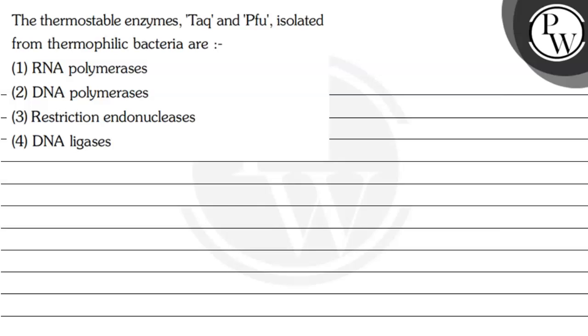So the question says the thermostable enzymes Taq and PFU isolated from thermophilic bacteria are... So इन चारों options में से हमें Taq and PFU के type को identify करना है. That is what type of enzymes these Taq and PFU actually are. So first of all, the key concept in this question is to understand what are Taq and